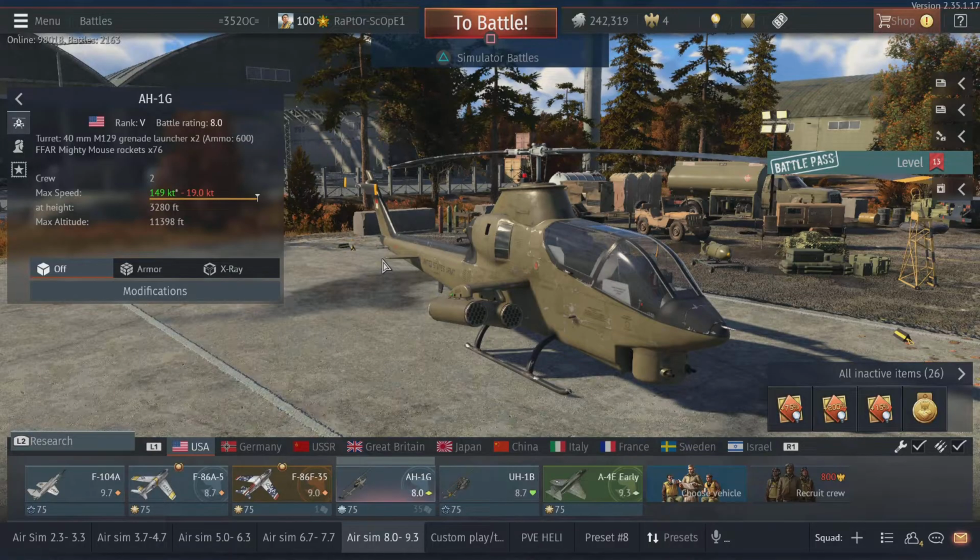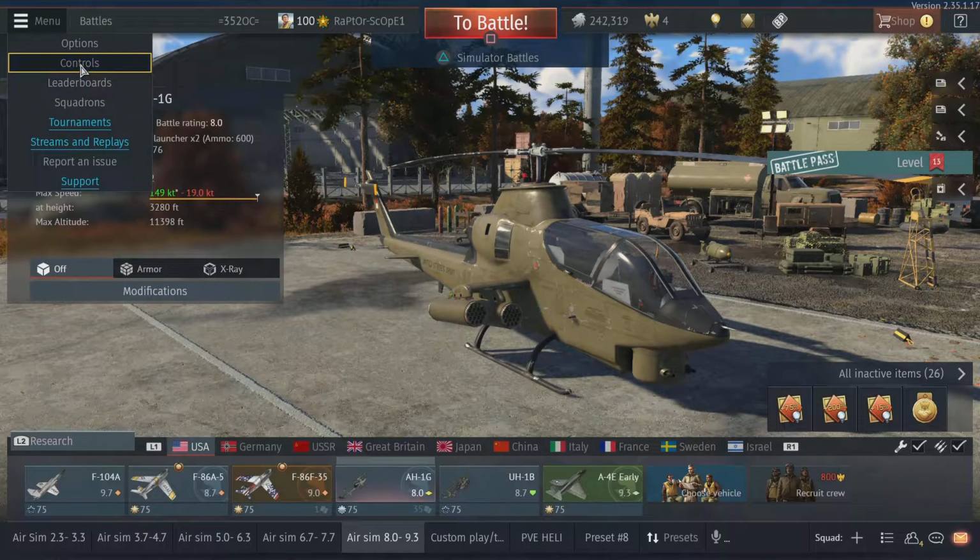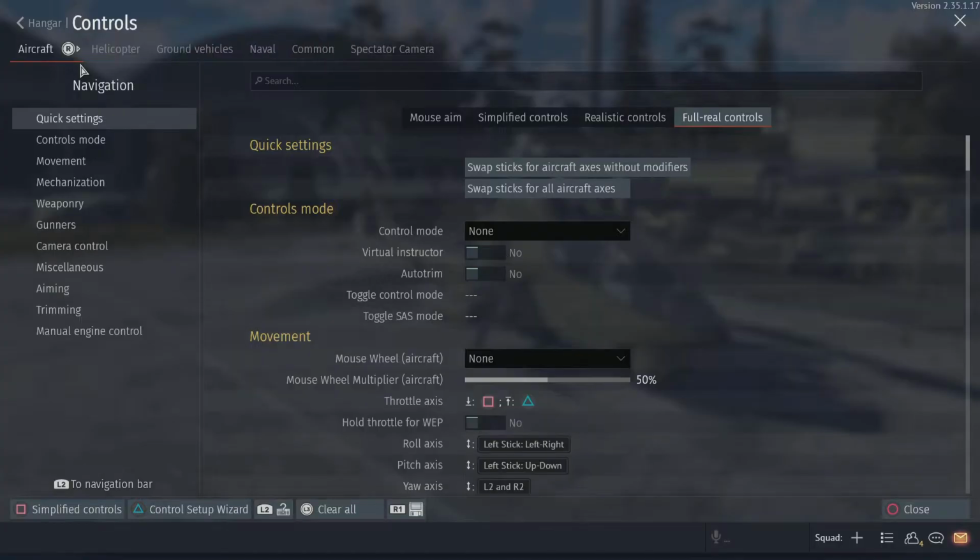Now, I know controls can be a little daunting, and this also does apply a little bit to DCS as well because I fly controller on both War Thunder and DCS. But we're going to first go ahead and get into the controls, and we're going to start off with our